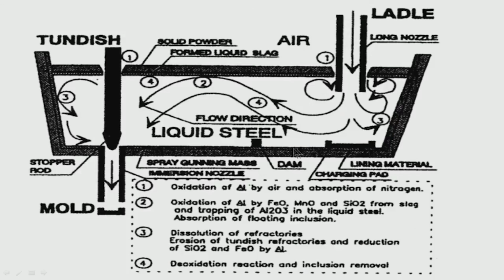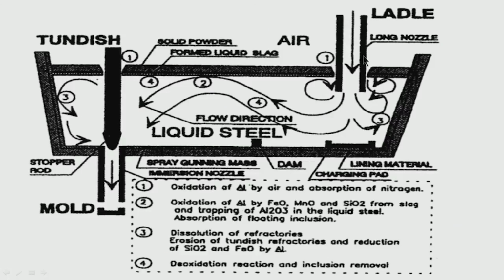So, how do you do it? You can use some dam, it is called a dam, you can use some other constituents, flow control devices which will allow the steel to flow in a circuitous way, which will not allow direct flow from here to the exit of the tundish. So, it is a circuitous flow, that means you are increasing the residence time of liquid steel in tundish. Here look at what is there, it is a pad sort of thing which tries to protect the